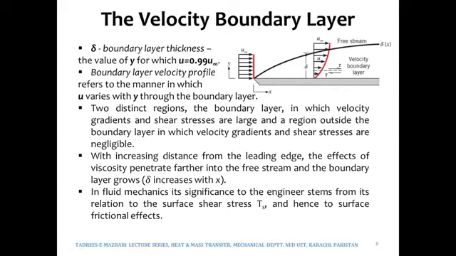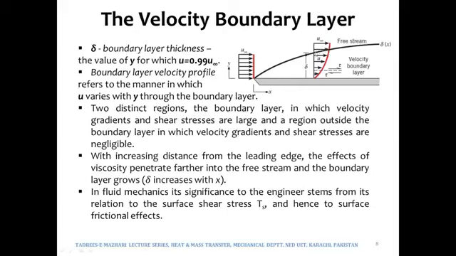So the relative velocity between the two would be 0, and then the velocity of the second layer would be a little bit more, and the third would be even more. And therefore here we can see the velocity profile, that the velocity would increase as we go far away from the plate,